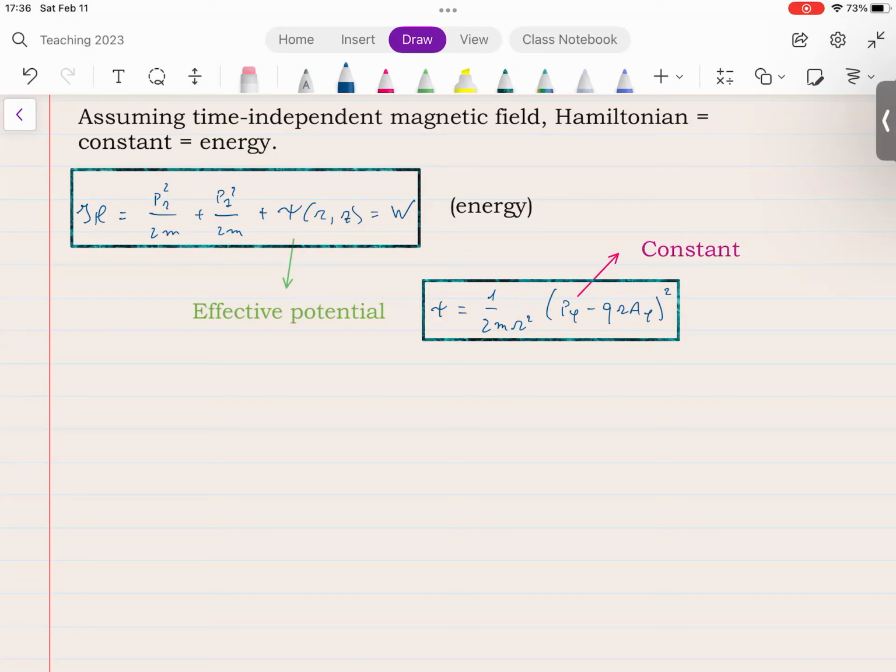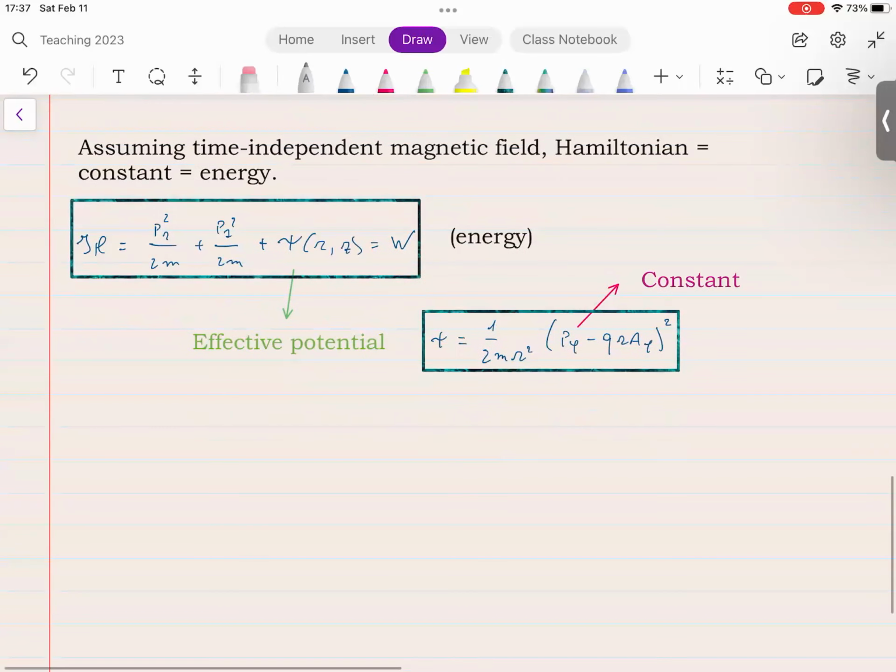Now, one additional thing that we observe is that since p phi itself is also a constant, then we can define the shape of psi, and we do see that psi is positive definite as well. That means that for my problem, I can assign initial conditions, and my initial condition psi is going to be positive, or at the minimum, it's going to be 0. And that occurs when,